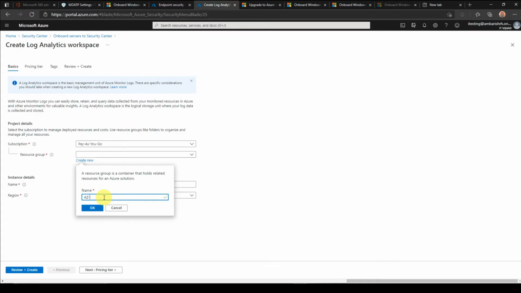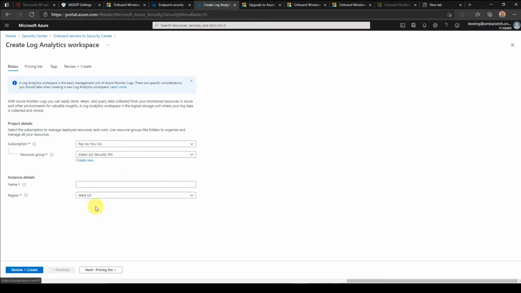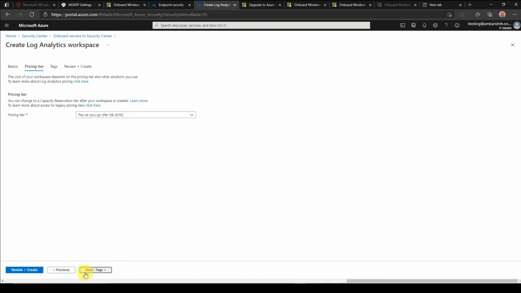Azure Security resource group. I created a new resource group, and then for the instance name, you can say Azure Security instance. Just anything that fits your standard naming convention. Then you select next,